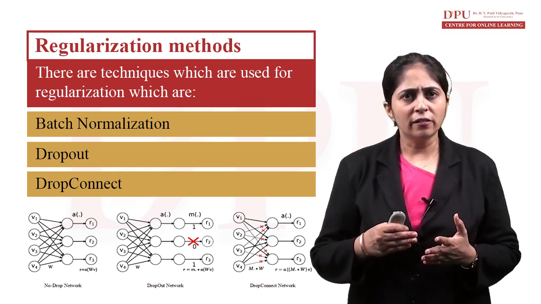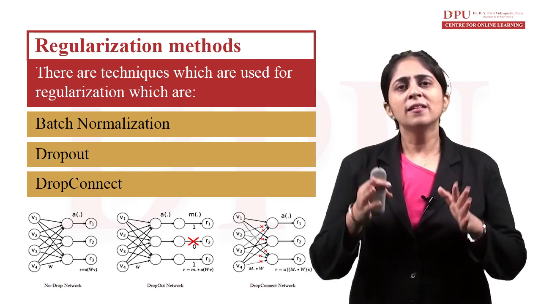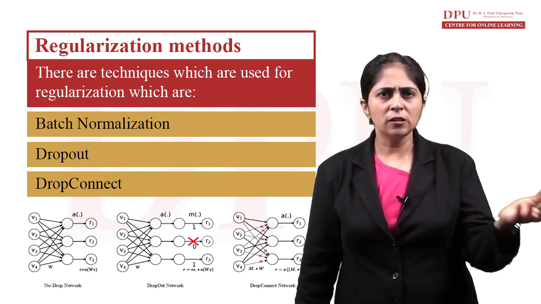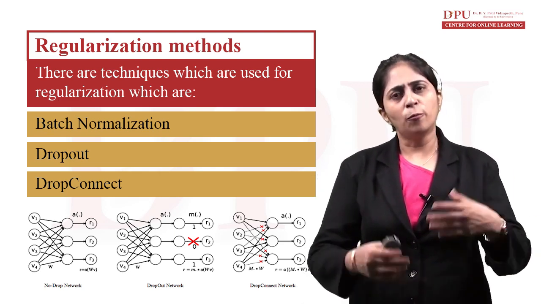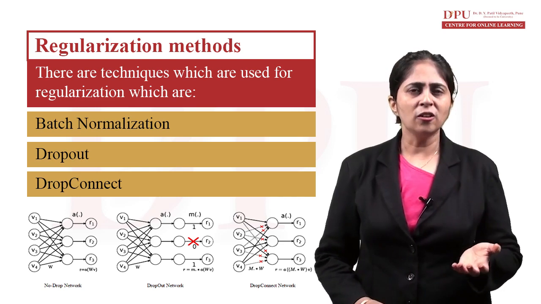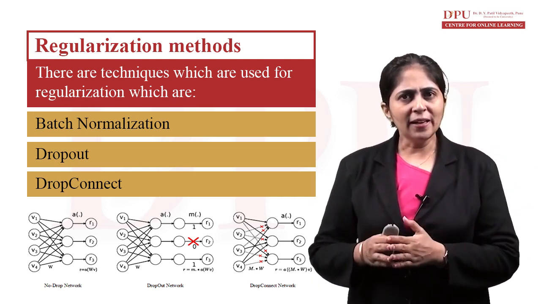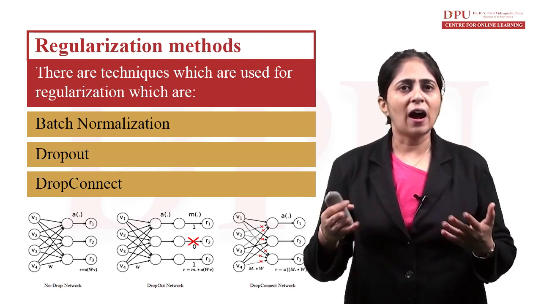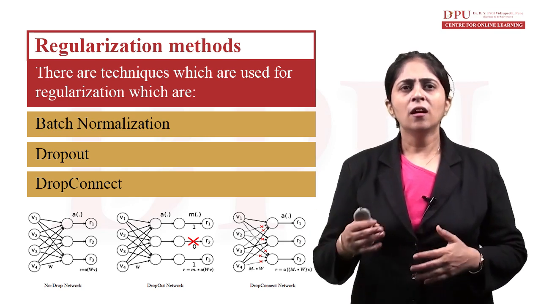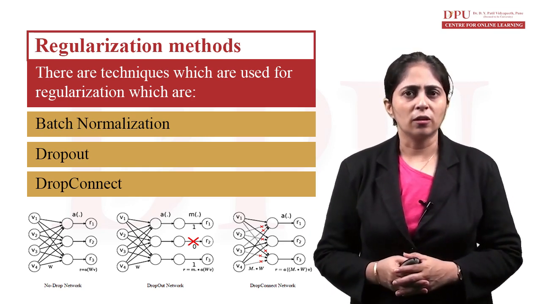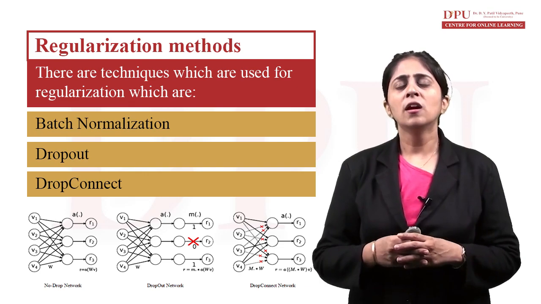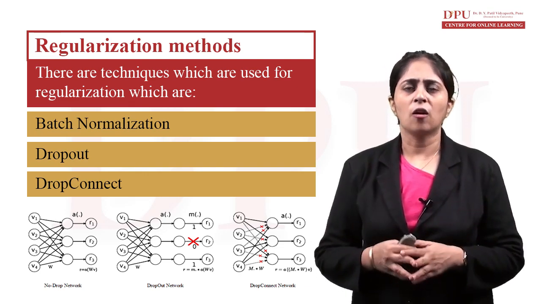Each unit thus receives input from a random subset of units in the previous layer. We derived a bound on the generalization performance of both dropout and drop connect. We then evaluate drop connect on a range of datasets, compare it to dropout, and show state-of-the-art results on several image recognition benchmarks by aggregating multiple dropout-trained models. So this is another form of regularization technique that can be used to reduce the overfitting of our network.